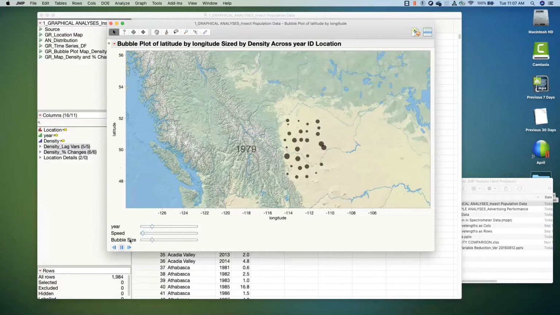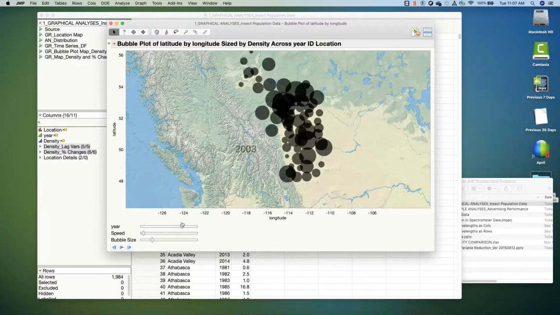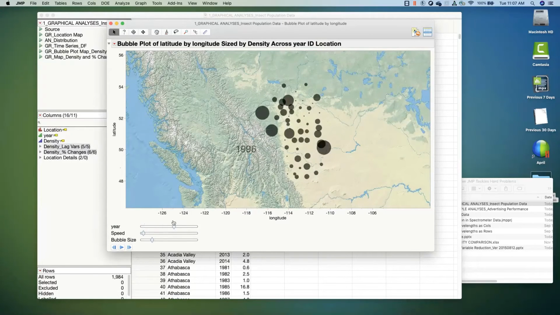I can also stop this and manually move this around if I want to hone in on particular time periods. And from this, I can study it, I think, a lot better than trying to look at the time series graph. So this is that period where there's a big bloom right there. I can move around and study it. So this is a very, very simple way to create this bubble plot using size of the bubble. And then I've got location, dropping a map on it, and then I can watch the changes through an animation